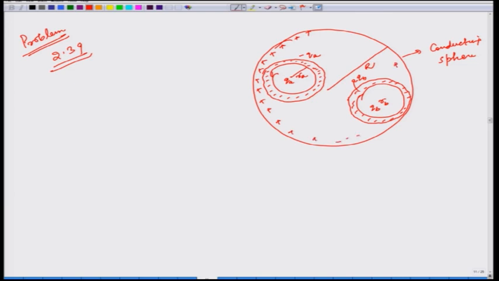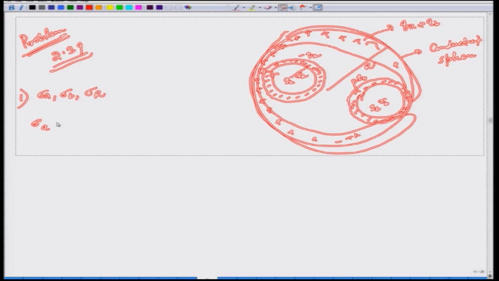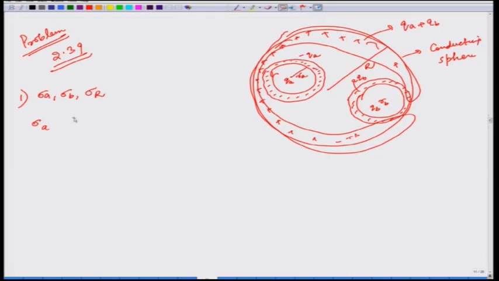So if you calculate the whole, adding these all will give me positive charge QA plus QB. Now after drawing this picture, we can easily answer question number A. The first question says that we have to find sigma A, sigma B and sigma R. It's very simple. For sigma A, what is this? Sigma A will be,